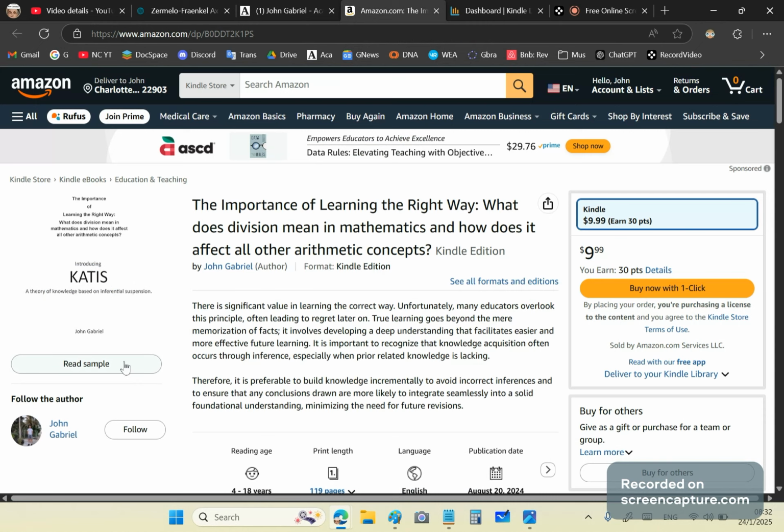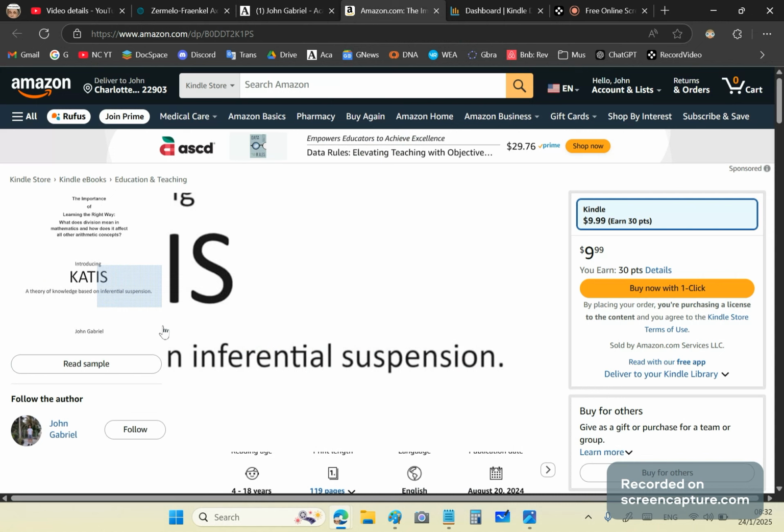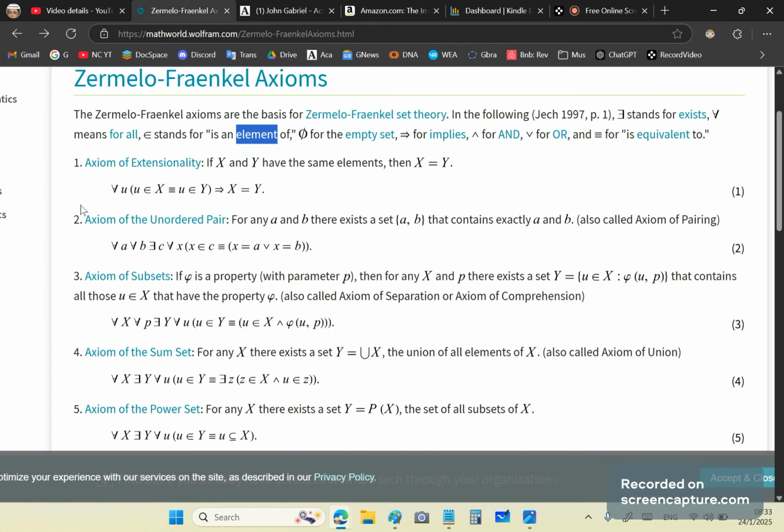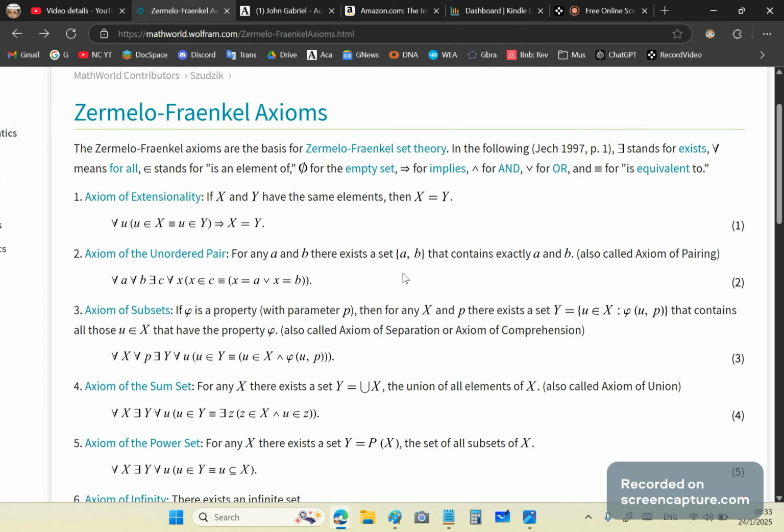Okay. I also throw in my theory of knowledge, which is knowledge acquisition through inferential suspension. And I show you how, when you learn garbage like this, your ability to learn is harmed, toxically, by the way. You become so traumatized that even sensible information later on in your career doesn't make sense because your mind has been filled with so much bullshit that you cannot think reasonably and logically anymore. You start saying things like, I can define anything I like. And